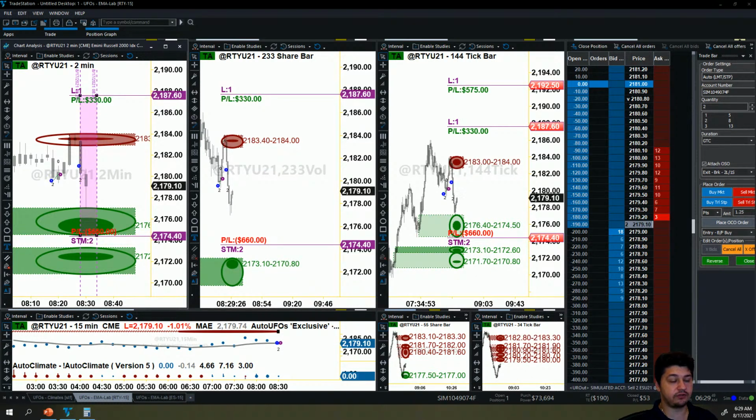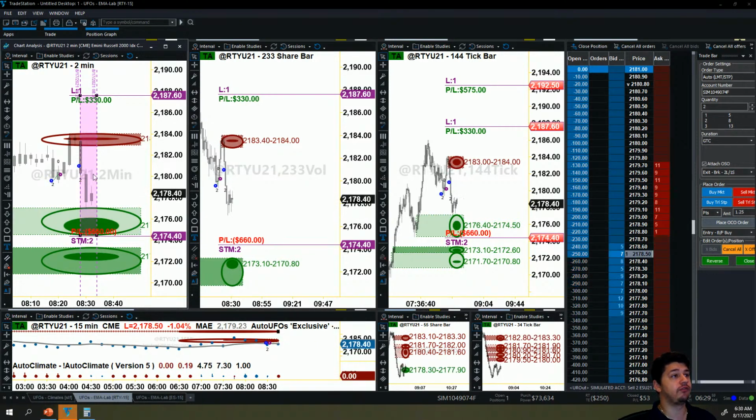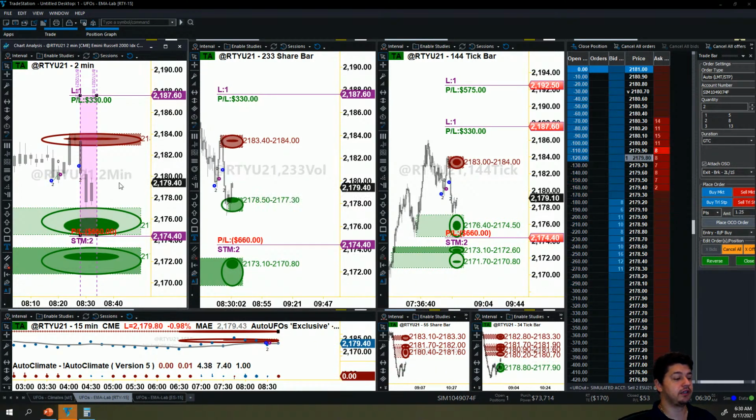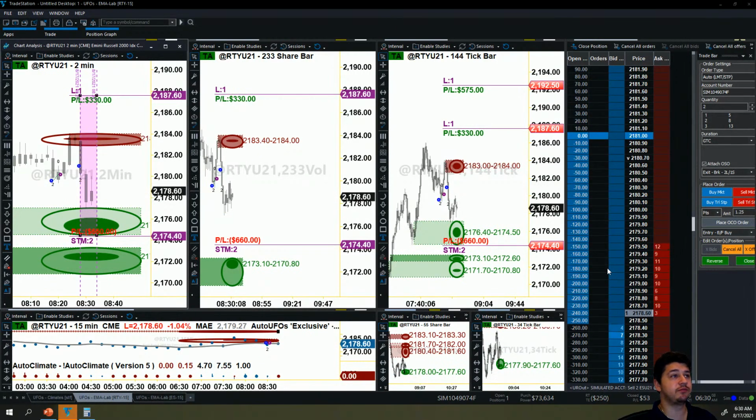We're about 10 seconds away from the open. Looks like we did find some buyers down here on this UFO. So hopefully, that's kind of what I was expecting earlier for a push lower, find some buyers, push higher. Let's see what's going to happen. All right, lots of volatility, lots of movement. That's what we want to see.